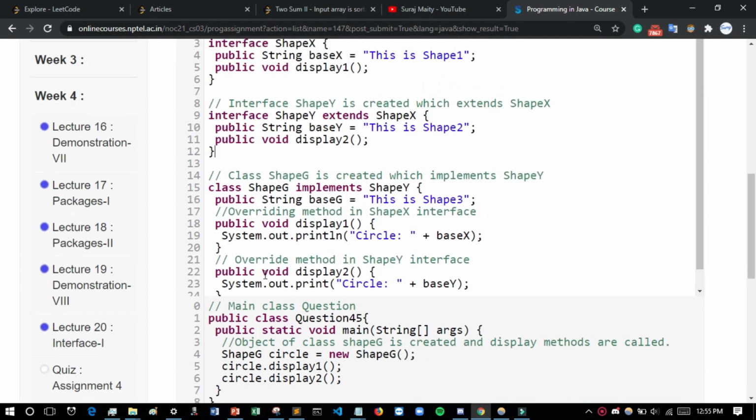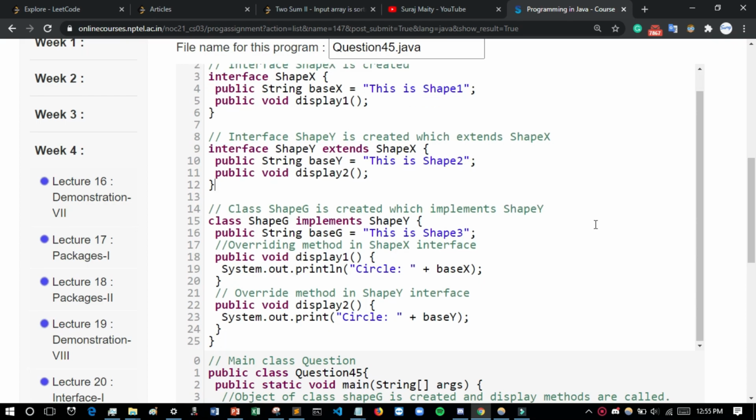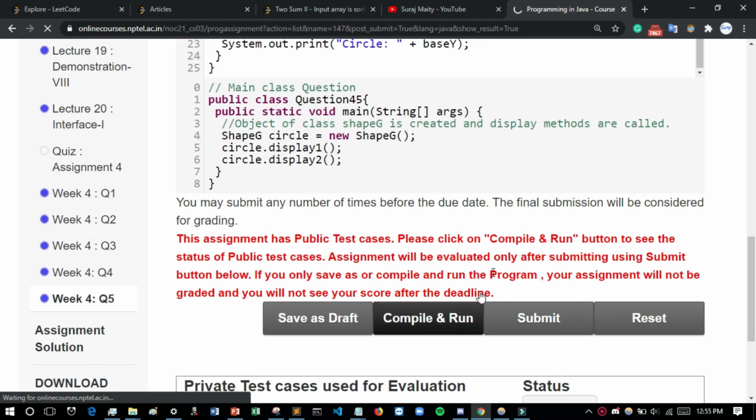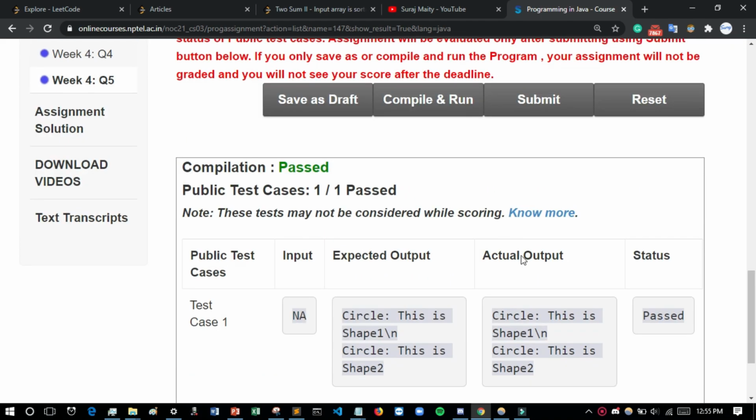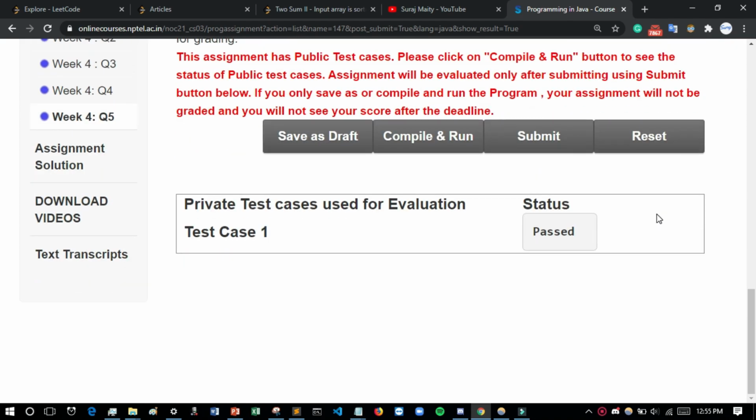Just write this code, and I will compile and run. After compiling and running, it says that it is passed, and now I will submit it. After submitting, you will see that it is passed.